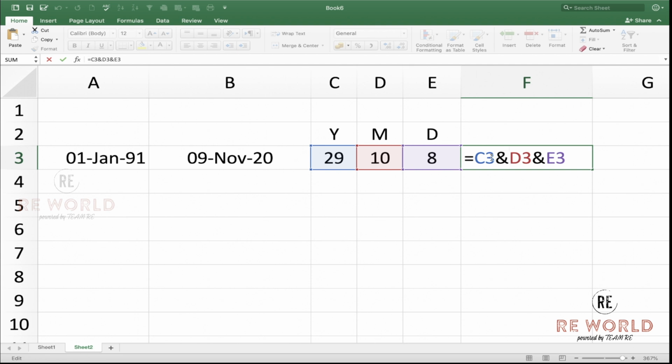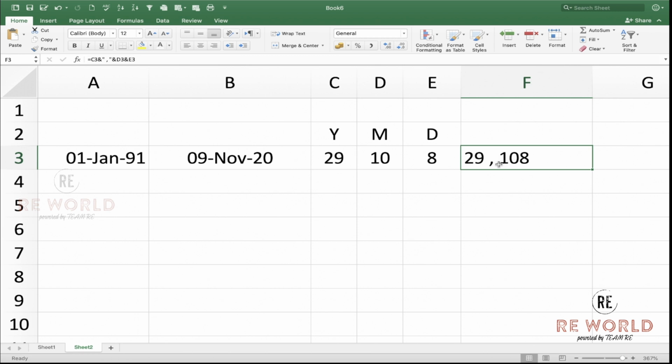Okay, so what we can do, after C3 the year we need to have a space, right? See, we need to have a space here, and so 29, right?